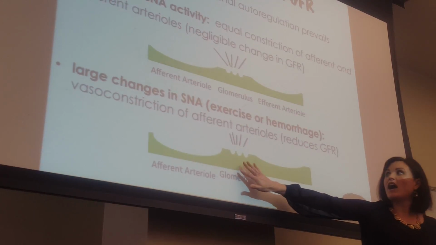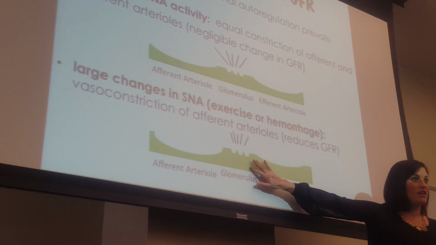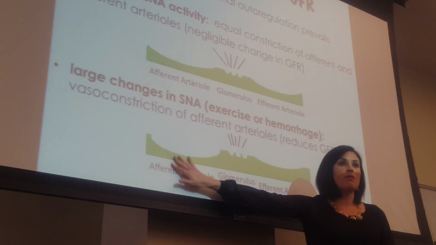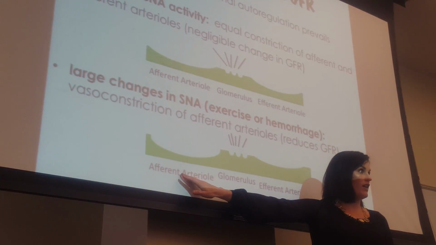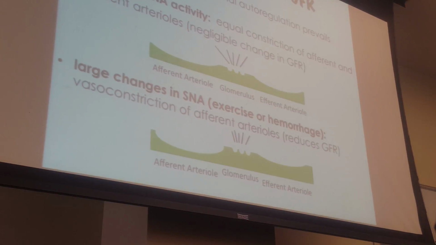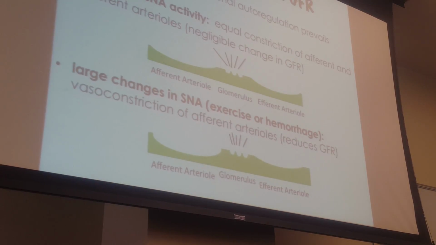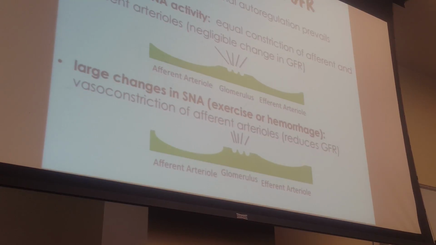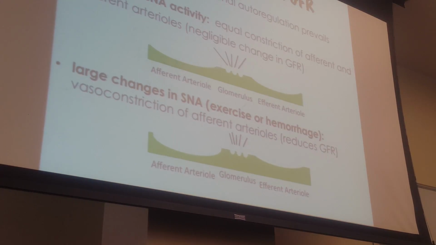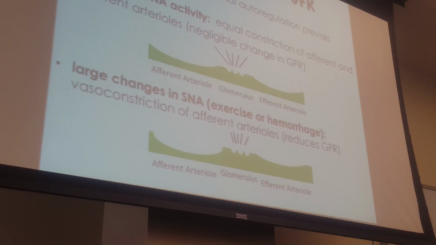If you have large changes in sympathetic nerve activity, you will get a much larger constriction of the afferent arteriole, all right? And that will cause GFR to go down. And in this case, your main purpose is to maintain volume, all right? You want to prevent urine formation in general, okay? So you're going to reduce the amount of